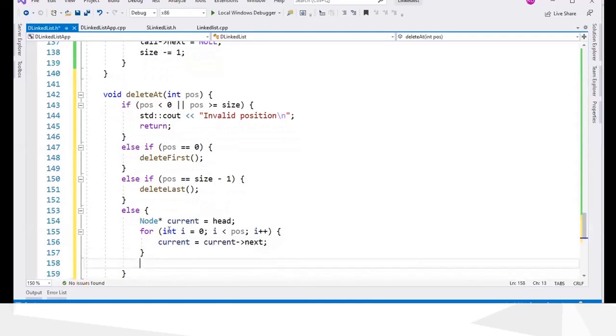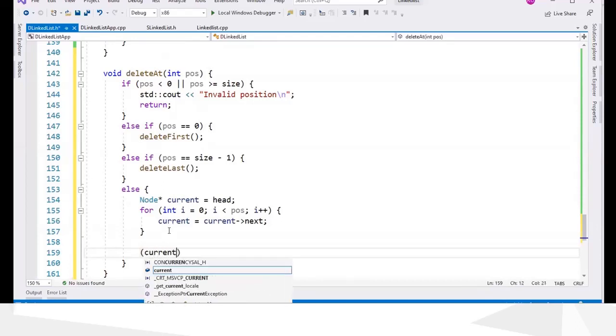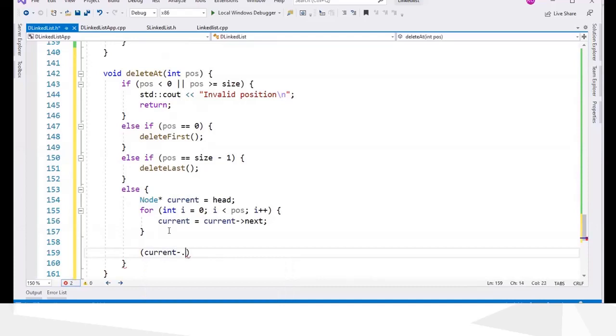Okay. So now we have to change the links in the list. So first we make current previous, we go to the node before the deleting node, and make the next node of that one the next node of the current.